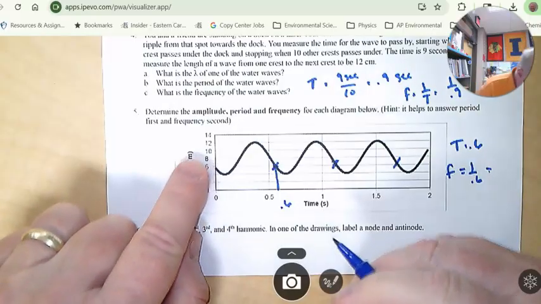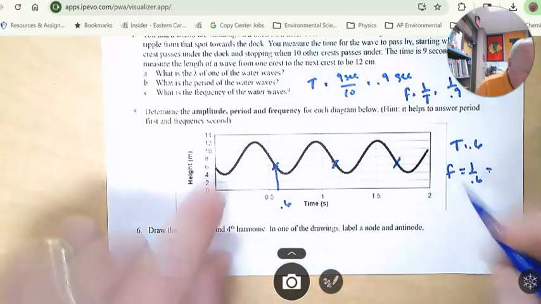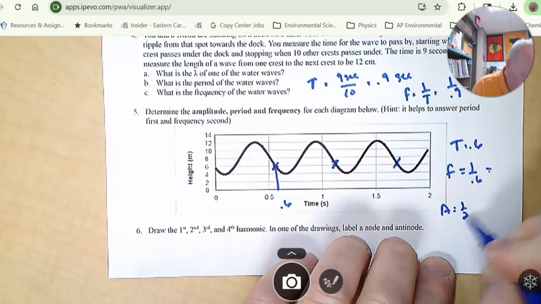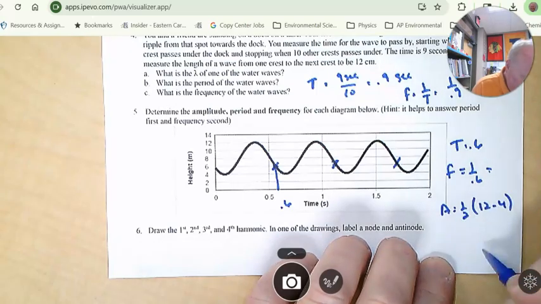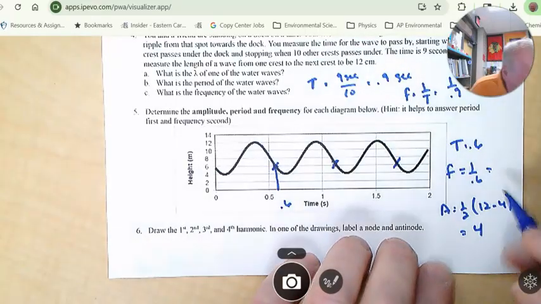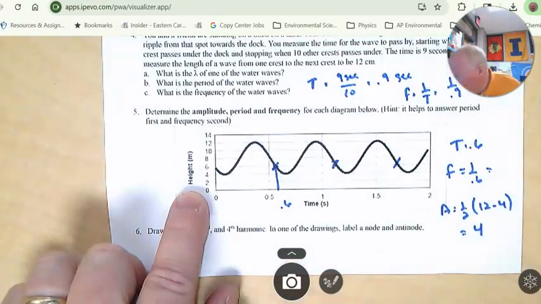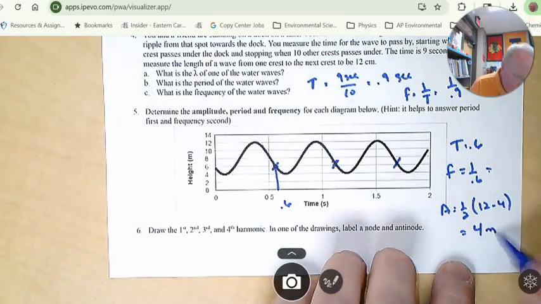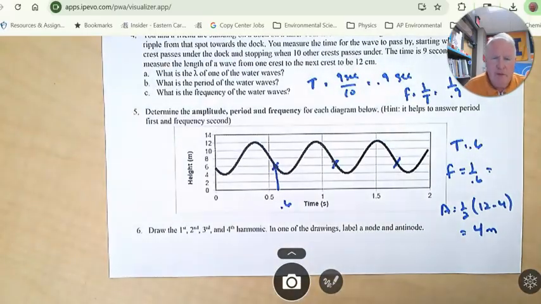We're going from 12 down to 4. So remember, amplitude is 1/2 the high minus the low. So it looks to me to be 4, and then that's in meters, I think. 4 meters is the amplitude. Okay, so that's how we do that problem,